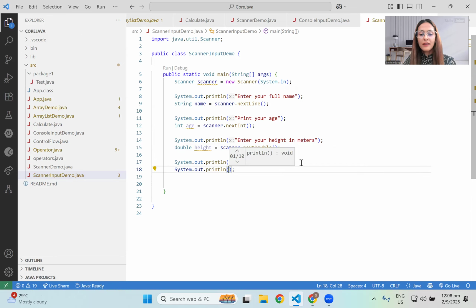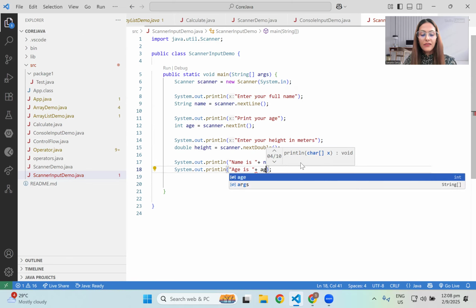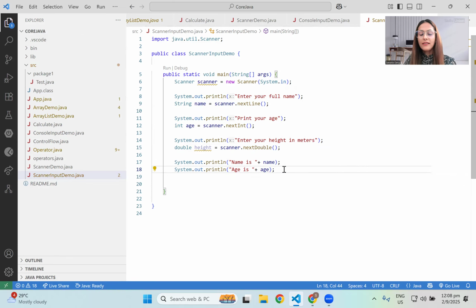And "age is" plus the age variable, and then